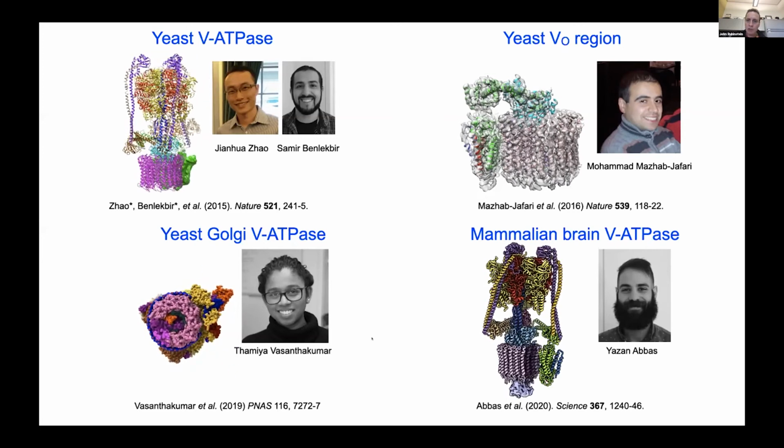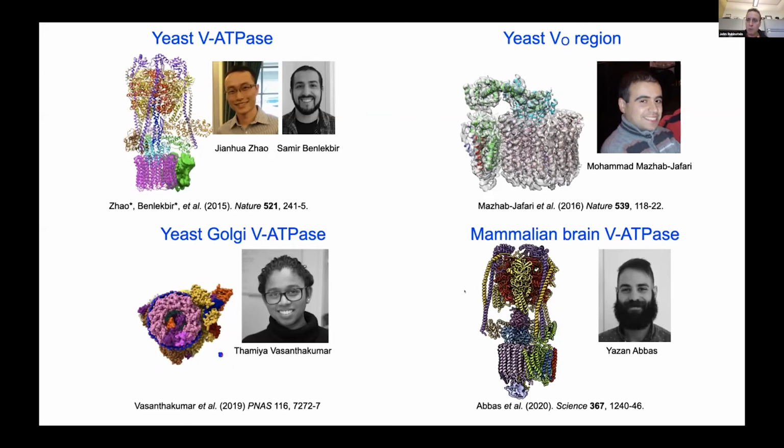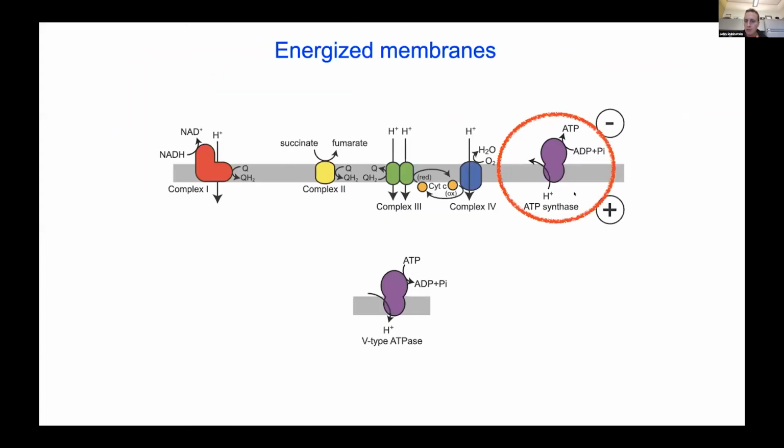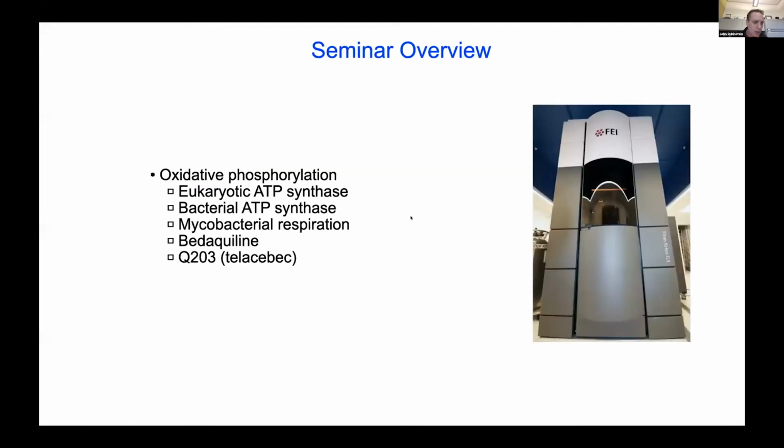And what we've learned from these structures, the techniques we've developed, have really informed our work on the other membrane protein complexes we study. And in this talk, I'm going to really emphasize the ATP synthase. So what I want to tell you about primarily is the eukaryotic ATP synthase structure and the bacterial ATP synthase structure, how that led us into studies of mycobacterial respiration, and how we're looking at those structures in complex with important drugs like bedaquiline and important drug candidates like telacebec that are used to target mycobacterial respiration to treat diseases